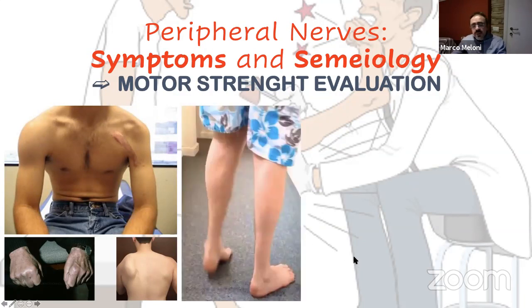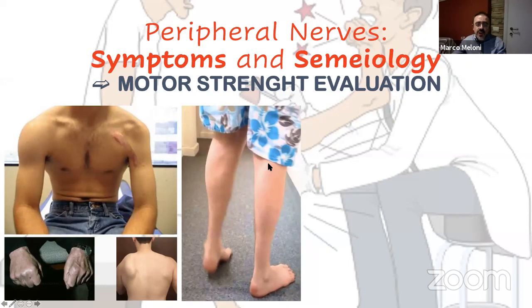Another thing we need to examine by observation is the symmetry of the atrophy. In this case, there is no asymmetry like in the previous patient, but there is atrophy on both sides. In this case, if we ask the patient if there is a history of trauma, he probably says no. There is no reason to suspect nerve injury, but more likely there is a neuropathy. In this case, it is Charcot-Marie-Tooth syndrome,